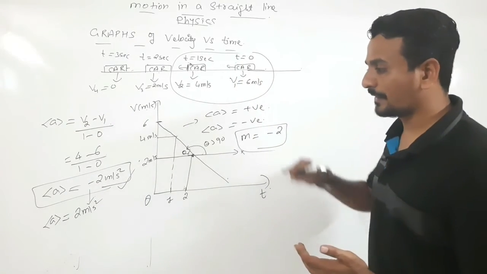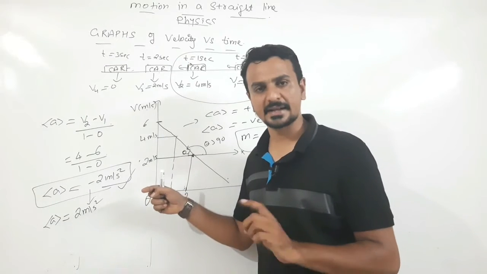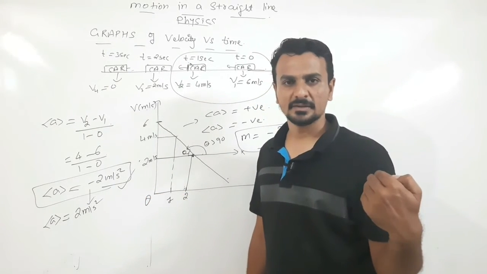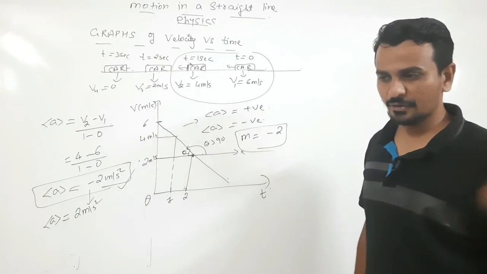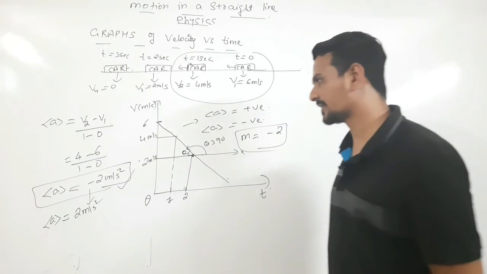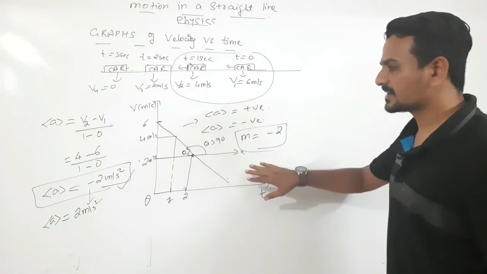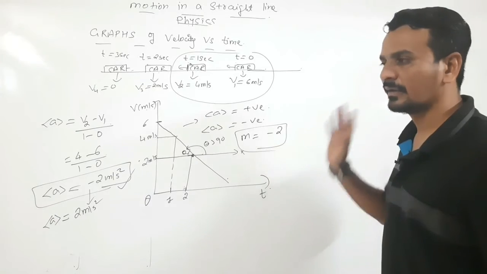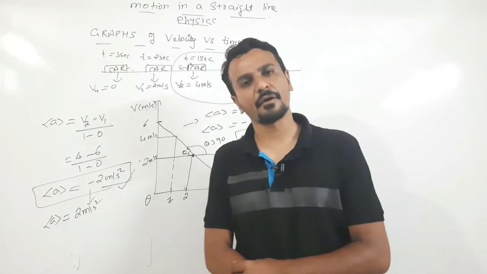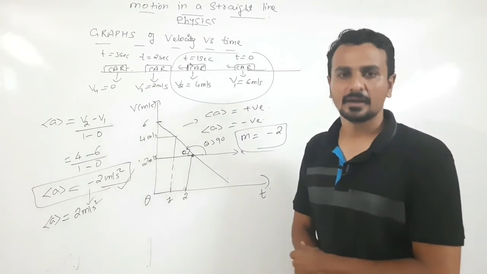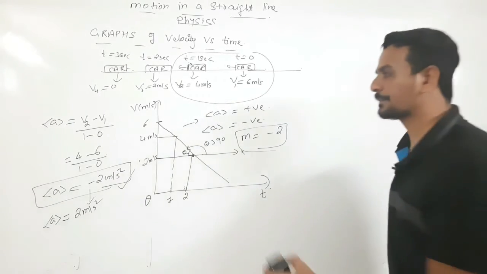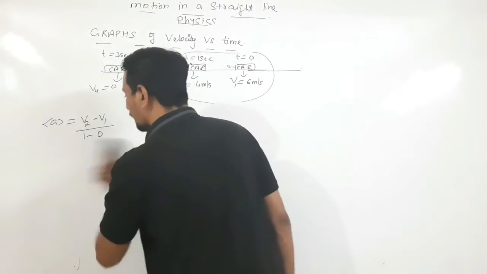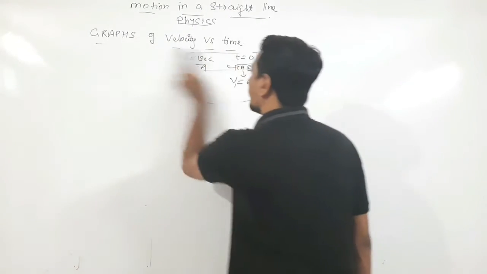At the second point, when theta is less than 90, acceleration was positive, right? That means if the velocity of an object is increasing in a given direction, acceleration is positive, and in this case velocity is decreasing, so acceleration is negative, and negative acceleration means retardation. Clear? Okay, so both graphs represent uniformly accelerated motion, right? That means acceleration was constant in both cases.